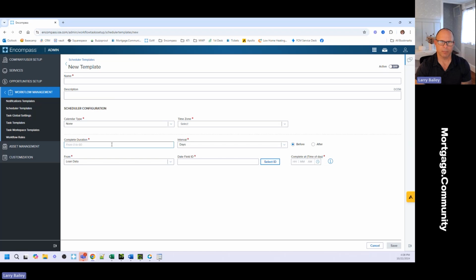And then based upon the number of days before that loan data date field is chosen, you're going to pick the time of day, and the time of day is going to be relevant to the time zone. Hopefully this is making sense for you. If it's not, tell me to repeat myself, use the chat, or raise your hand and bring you on. Why does the time of day matter? Well, the time of day matters, Luba, because if you want that notification to go out first thing in the morning or at a particular time of day because of how your company works, that's why it matters to you.